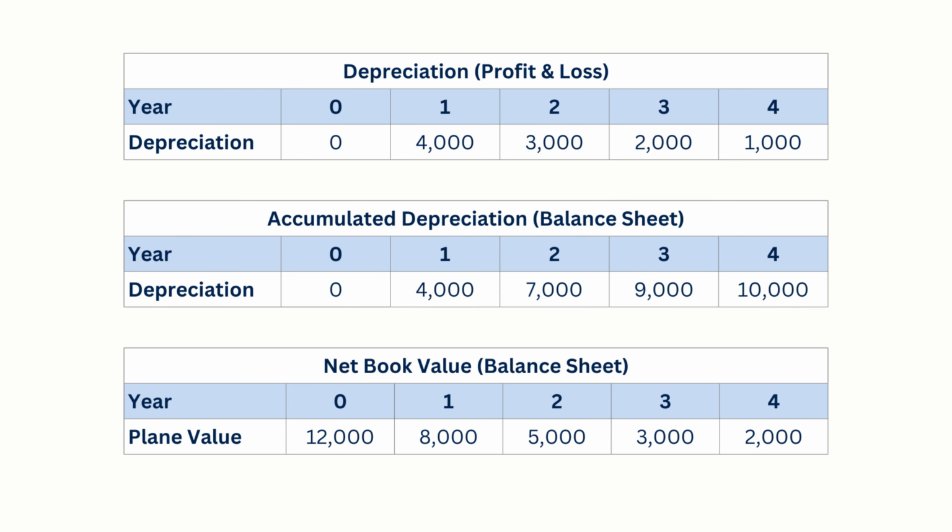That final figure equals the residual value, which confirms that the asset has been depreciated correctly. Depreciation hits the profit and loss each year, builds up in accumulated depreciation, and gradually reduces the net book value